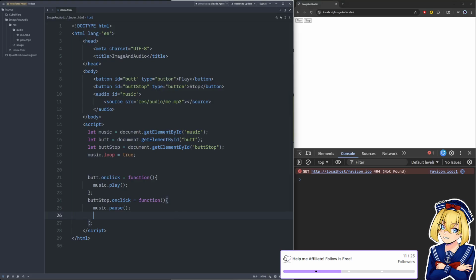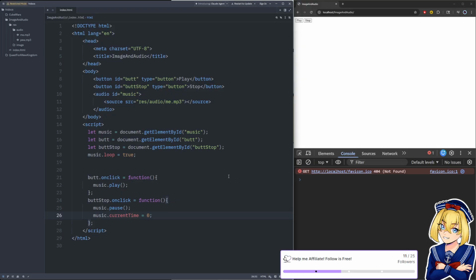So you see how it is continuing where we were before? If you want to actually make a stop button, then you need to pause it, and then you need to say music.currentTime equals 0. So it pauses it from playing, and then we reset the current seconds in the timeline to 0, which brings it back to the beginning.